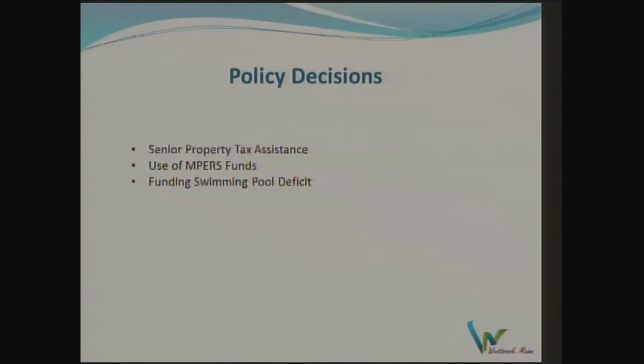What it essentially will do is take the amount of money that an eligible senior is receiving from the property tax fairness program by the state and double that amount. We match the amount that they are receiving from the state, so that tax relief would double for those eligible applicants. A couple other areas that it's important to mention to the City Council from a policy decision standpoint.